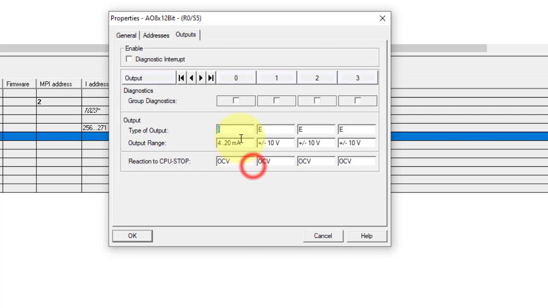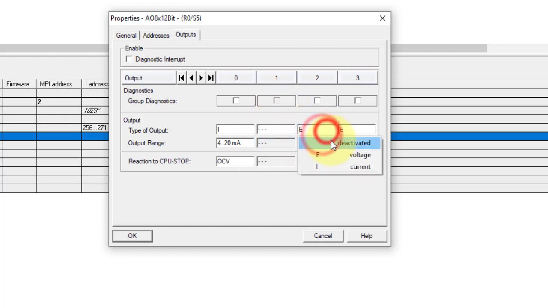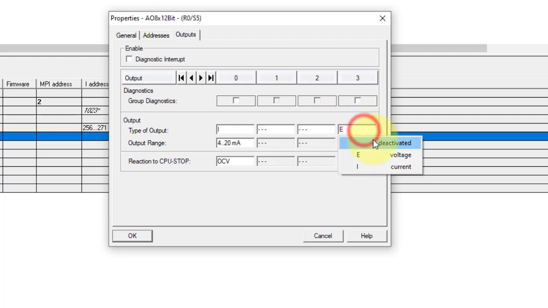I will select current at 4 to 20 milliampere. This is our channel number 0. I will connect my IP transducer with this channel, and you can see here the other channels 0, 1, 2, 3. If you don't want to use a channel, select deactivated. Okay, it will deactivate. Okay.